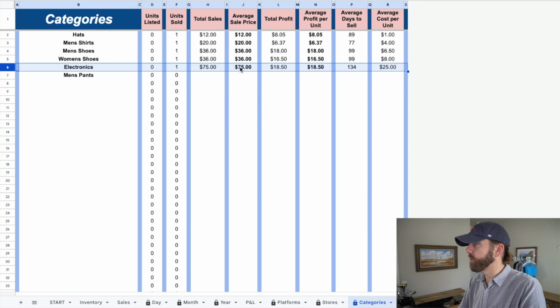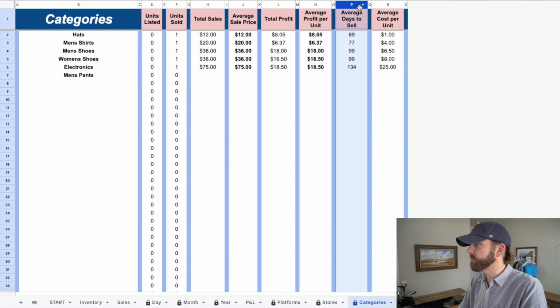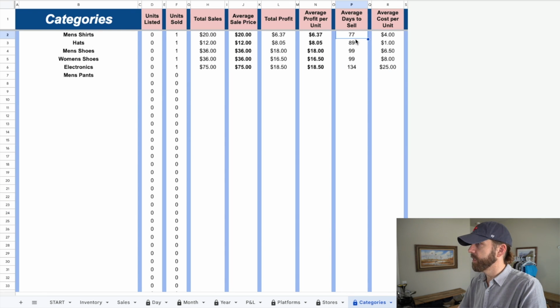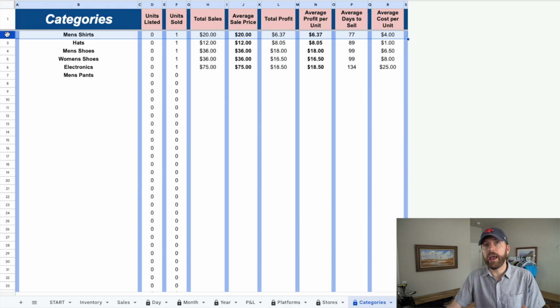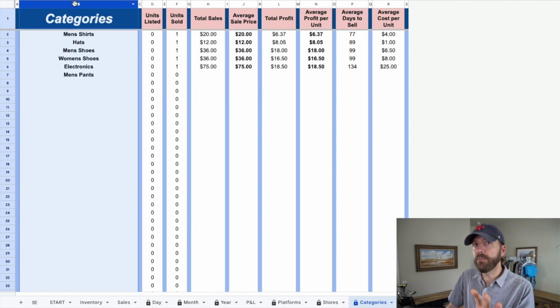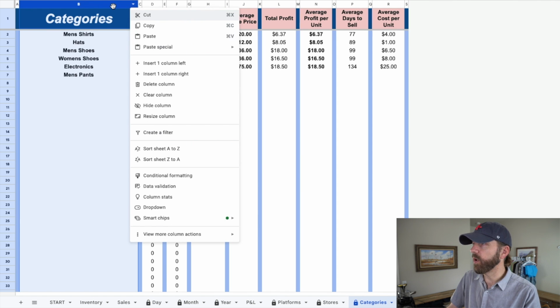I can also do average days to sell, which items are moving the fastest. If I look at this, it's sorted to say that men's shirts are selling faster than any other category in my store right now. Hopefully not to confuse you, but if you want to sort this column alphabetically, you can do that as well. So much the same way, you're going to highlight column B, A to Z, and it's